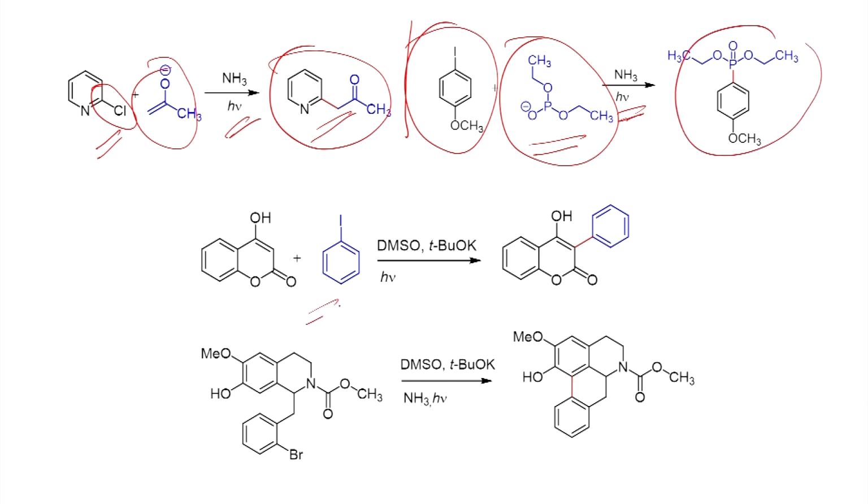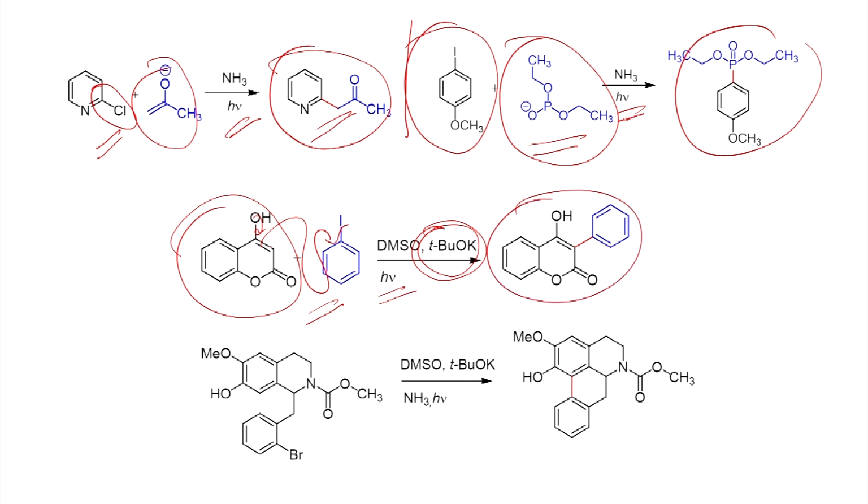And in this case, the reaction of iodobenzene with this lactone. This reaction has been carried out again in the presence of light and a strong base, and with this base, as we have seen, you can form the radical ion. Once you form this one by an electron transfer process, the base can deprotonate and it can add, then you will be able to make a carbon-carbon bond in this position.